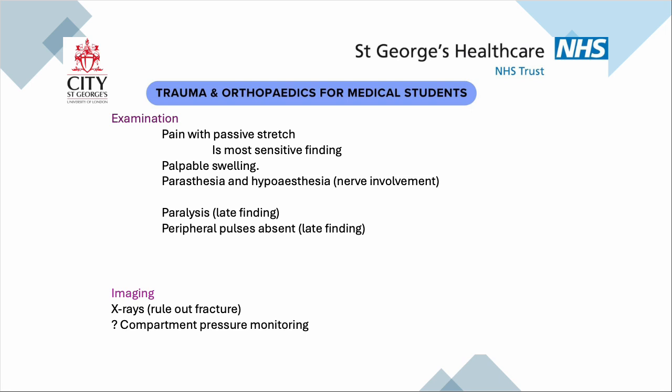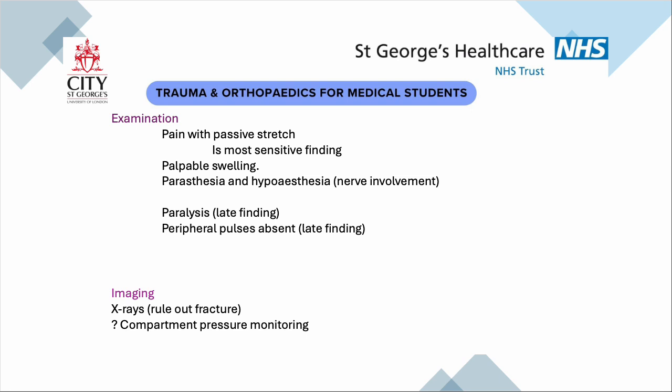So there isn't a good imaging modality for compartment syndrome. You can take x-rays to rule out a fracture, but you've probably already done this. There is a thing called compartment pressure monitoring, where you put a needle into the compartment and you've either got a machine that will tell you the compartment pressure, or you can hook it up to an arterial pressure monitoring machine in